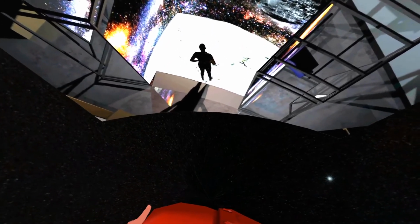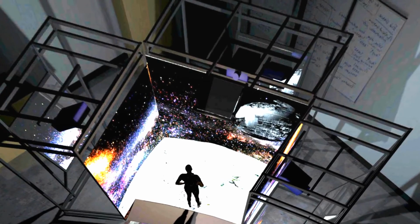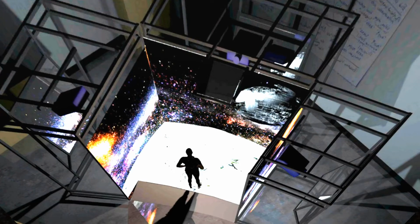It's a 4-screen setup. So we have 3 screens that form walls within the Viz Box, and then 1 screen, which is actually the floor. All of these screens are projecting in 3D, and they're creating one seamless image for the user to see through the VR goggles that they're using. In addition, those goggles are tracking the user's movement throughout space. So they feel like they are actually inside of whatever image it is that they're looking at. But in addition to that, they can move around within that image, and the image will adjust with them to